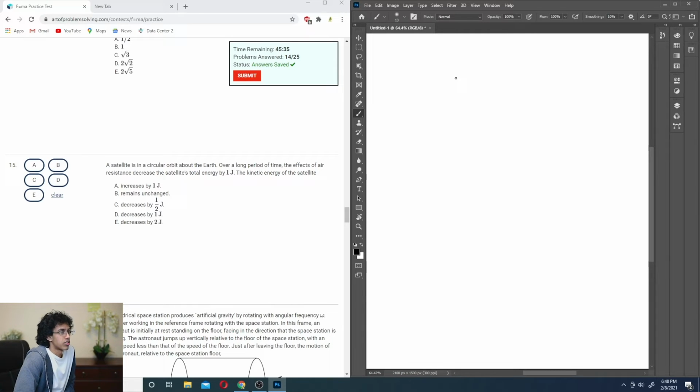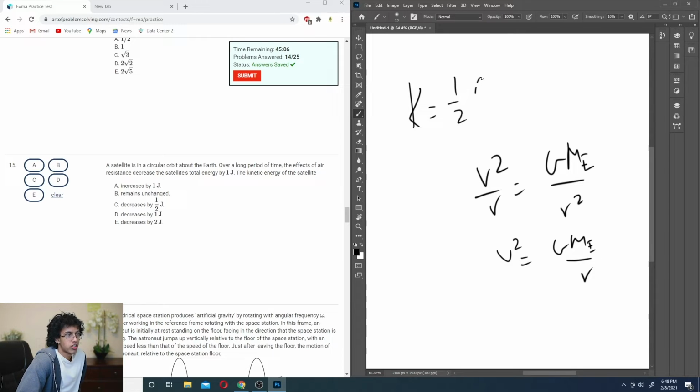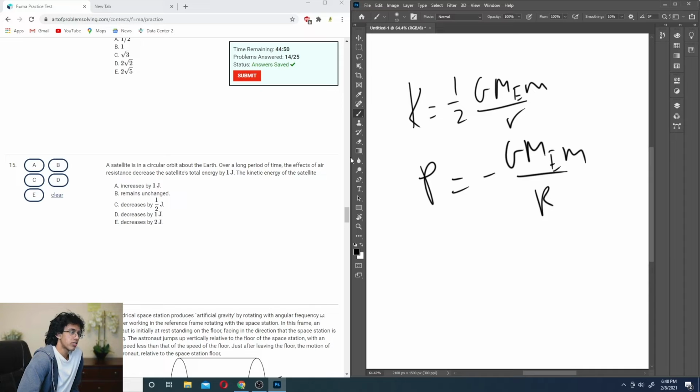So that basically means that in a circular orbit, your centripetal acceleration, v squared over r, is equal to G M_E over r squared. So v squared is just equal to G M_E over r, which means your kinetic energy is just 1/2 G M_E m over r. Okay, and then your potential energy is just equal to negative G M_E m over r. Alright, so if your total energy, which is going to be negative 1/2 G M_E m over r, decreases by 1,